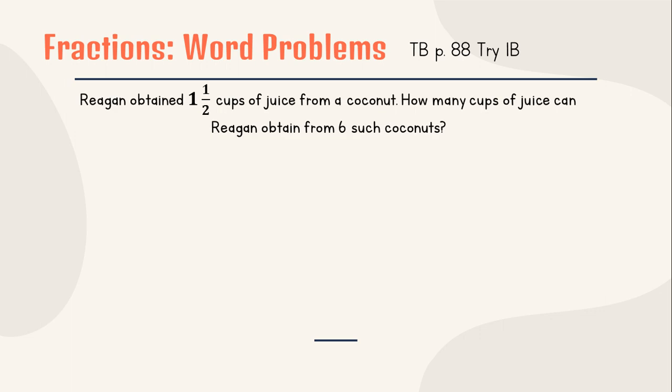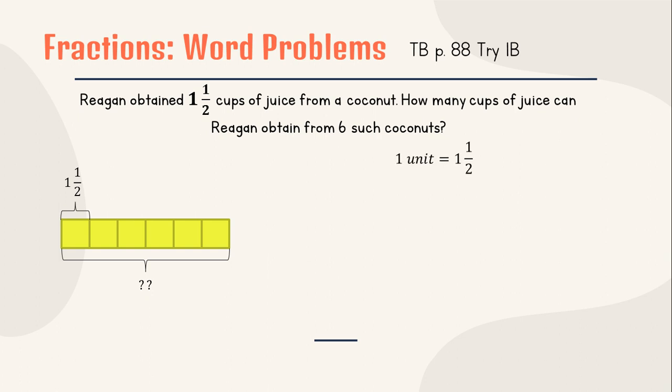Now B. Regan obtained 1 1/2 cups of juice from a coconut. So from a coconut we get 1 1/2 cups of juice. How many cups of juice can Regan obtain from 6 such coconuts? So if one coconut has 1 1/2, how about 6 coconuts? What we gotta do? Of course, simple. 1 unit equals 1 1/2, so 6 units will be